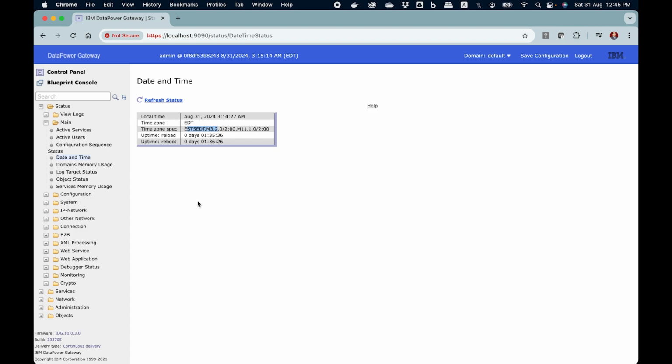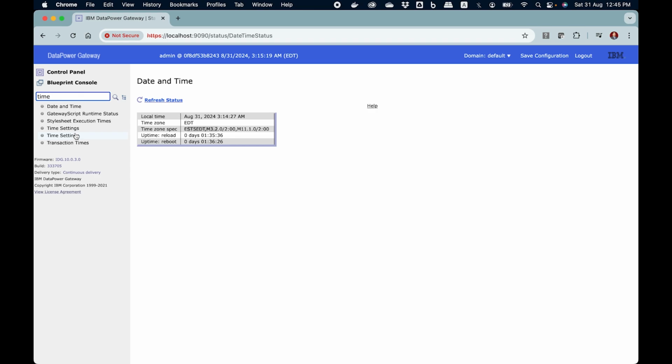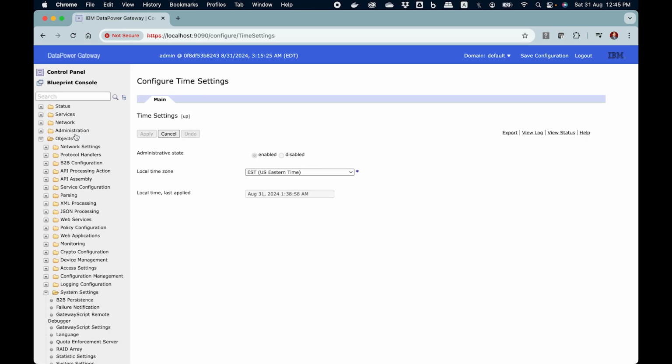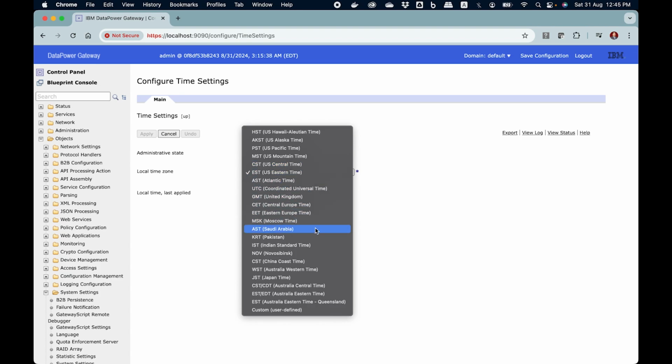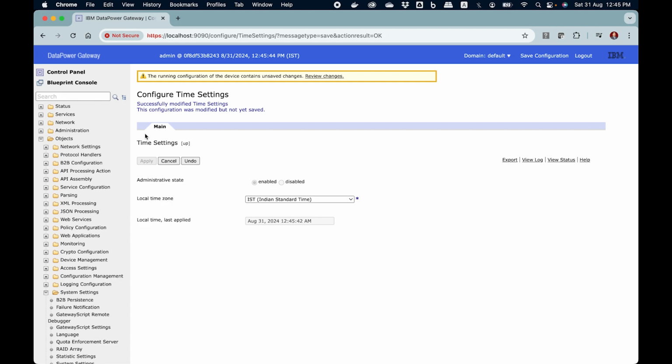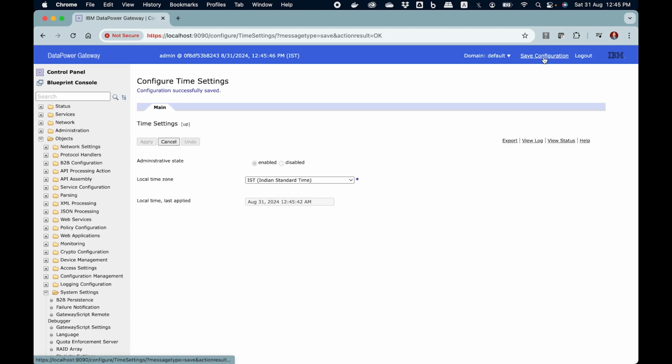Now, how do you set up the date and time in the DataPower? In certain DataPower appliances, you need to go to time settings. In certain DataPower appliances, there are no particular time settings that you can change. For example, right now, what you are looking at is a DataPower Docker appliance, and here, the only thing I can do is change the time zone. If I change the time zone and save this configuration and check this, you can see that it is showing the time 12:45